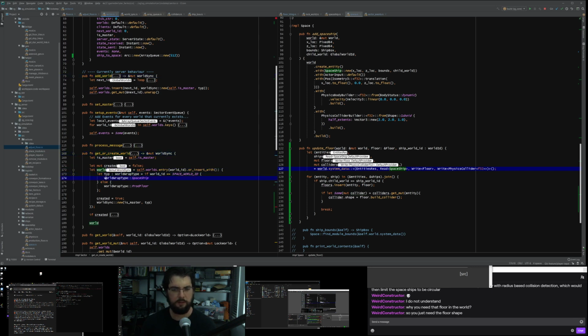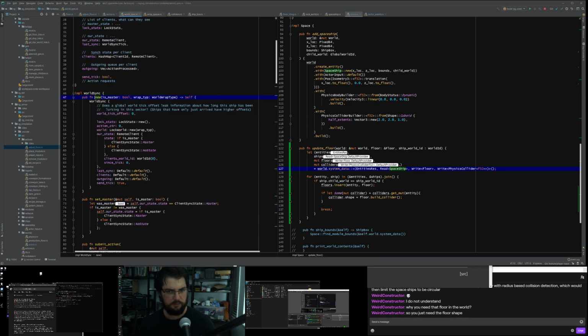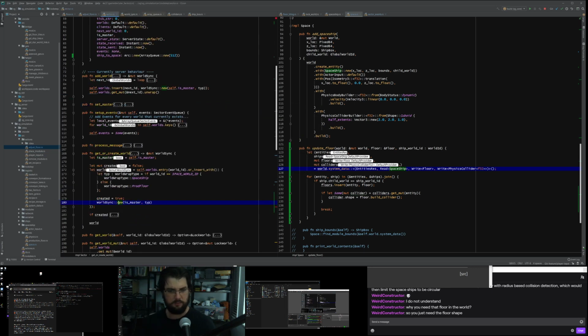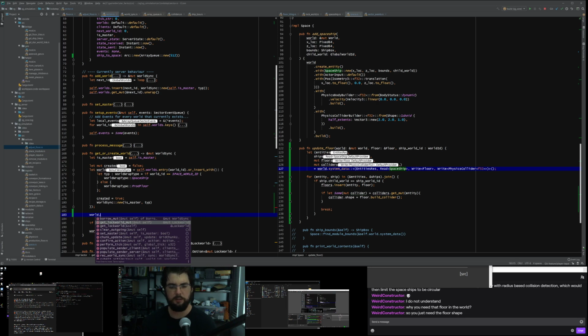So in the case of get or create world, we create a new world, which is a mute world sync. So we're going to add a world, and we're going to add a new routine to that, which can push it in, well, we'll do the same trick.